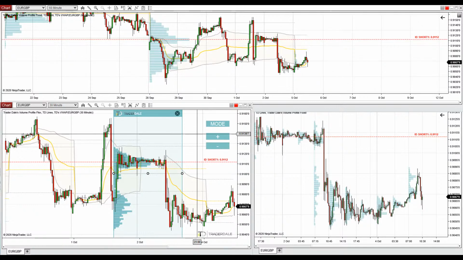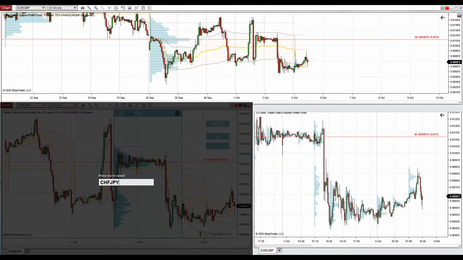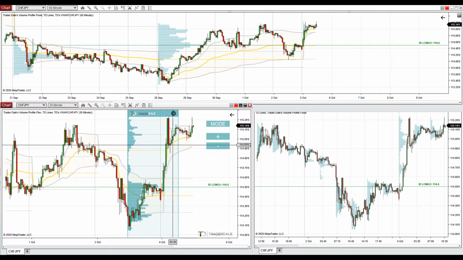Let's now go and have a look at another one, which is on the Swiss franc Japanese yen. So in here on the Swiss franc Japanese yen, what I have is a strong support, which is at 114.5, and this one is based on a trend setup. As the price was getting upwards in this uptrend, there was a significant volume cluster created in here, those massive volumes with local point of control in here at 114.50, and